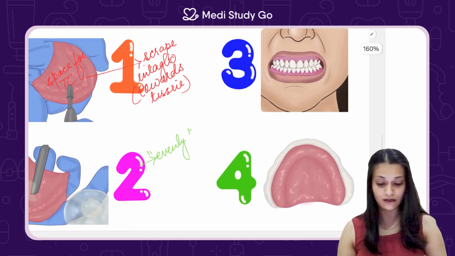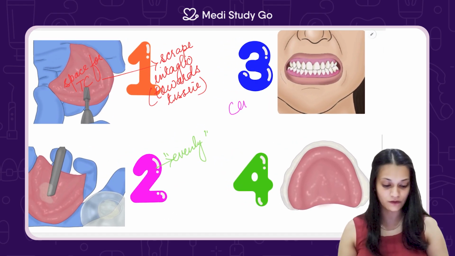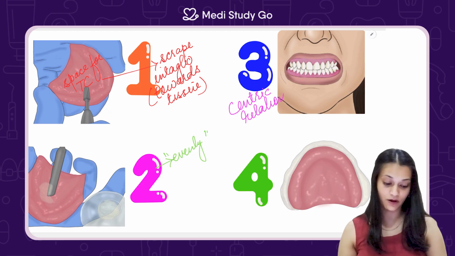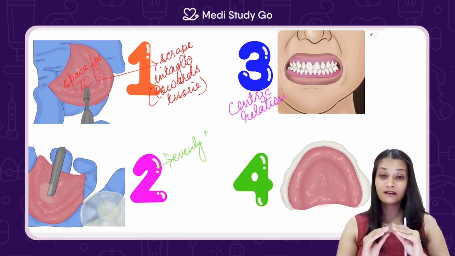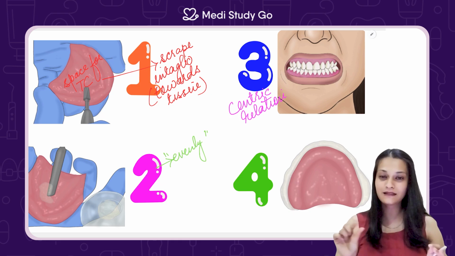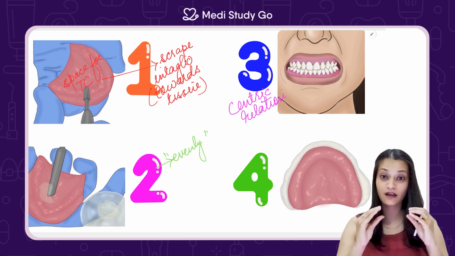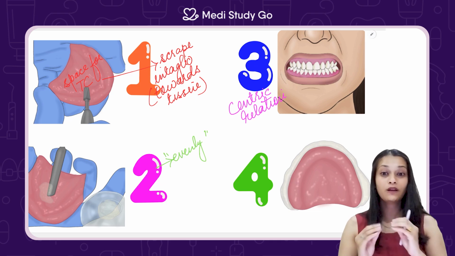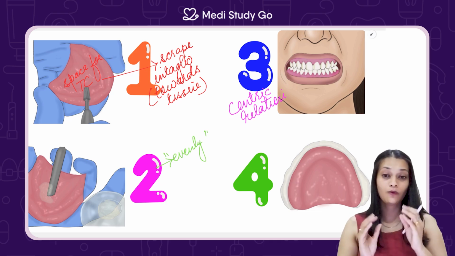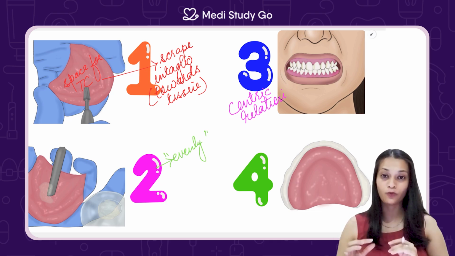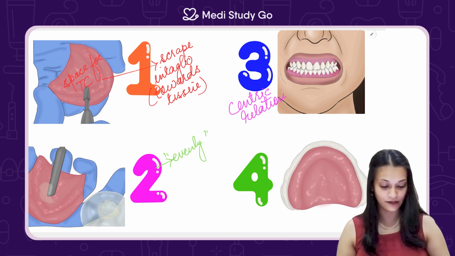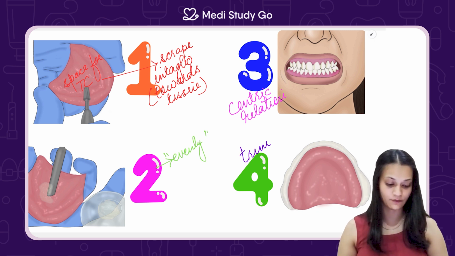Then the third step is that we ask the patient to close in centric relation. This is also very important. This is where the material is going to flow all over and record the abused tissue and create an even space all around. So you ask the patient to close in centric, hold it for a while. You will always have a setting time for it. Once the material is set, you remove it, and the last thing that you do is trim the excess material,